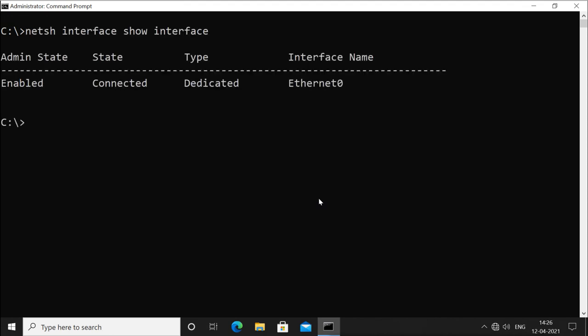It will show you the current interface, whether it is enabled or disabled, whether the status is connected or not, that it is a dedicated type, and the name of your interface. When you want to configure it, you should know the name of your interface. Once you know the interface name, you can configure the IP address on that interface using the netsh command.